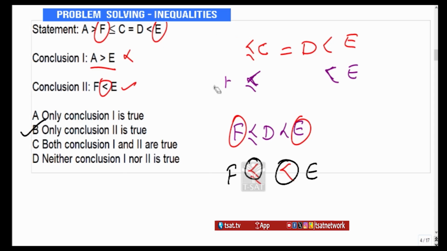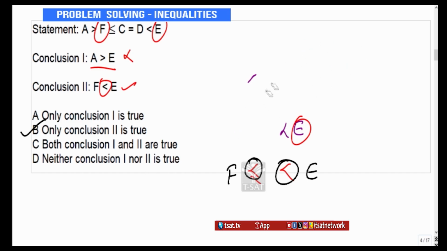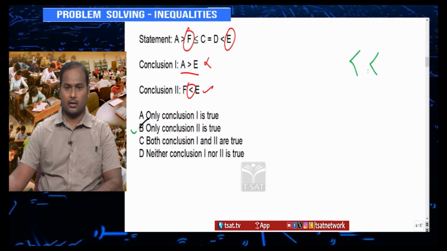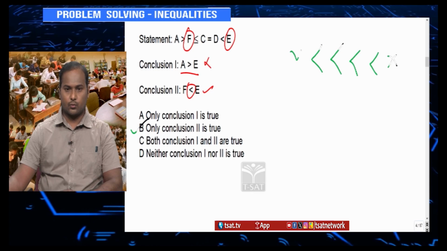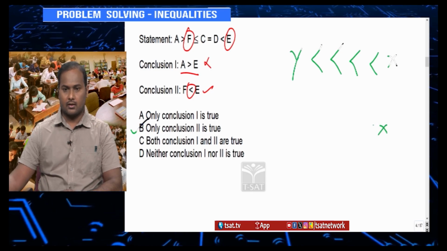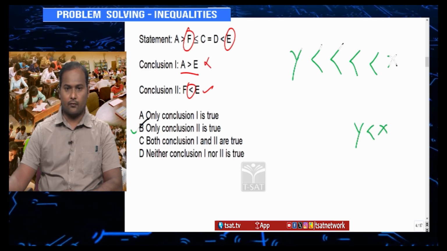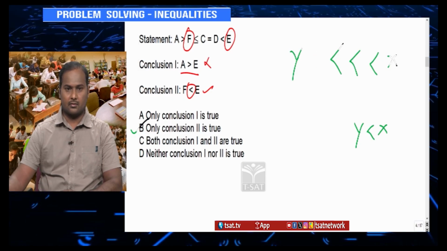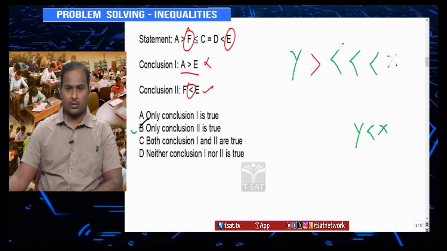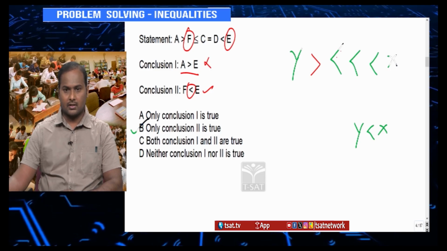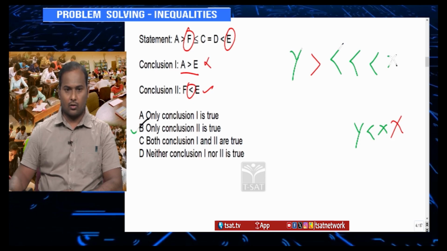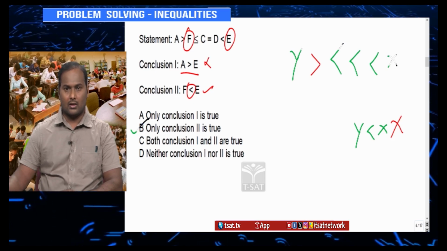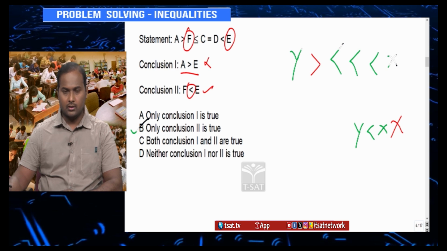See, this concept is very simple. What is that concept? If all the greater thans are facing like this, greater than, greater than, greater than, greater than, remember here this is X and this is Y. So obviously X is greater than Y. Even if one particular symbol is opposite, that is one is greater than, other one is less than, obviously this kind of conclusion becomes wrong. Always for greater than, all the symbols should be towards one side, all should be greater than only,